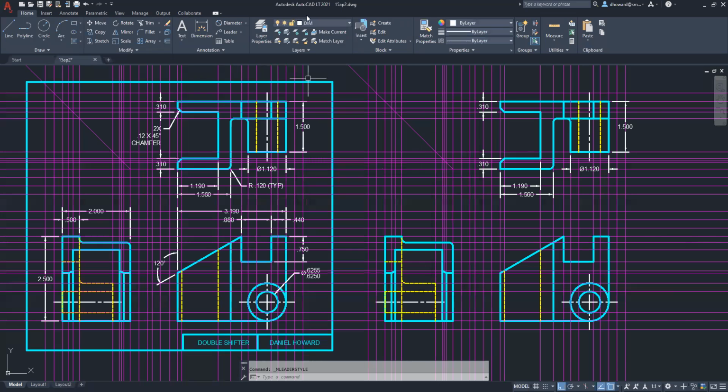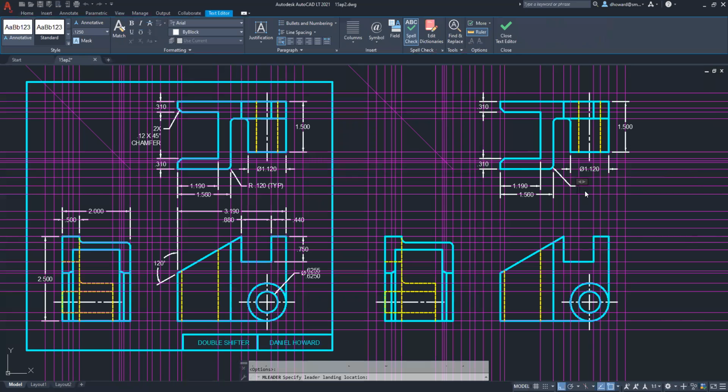So go ahead and do that, and then you will be able to create a leader that matches your existing text. And once you locate that, you simply type R space